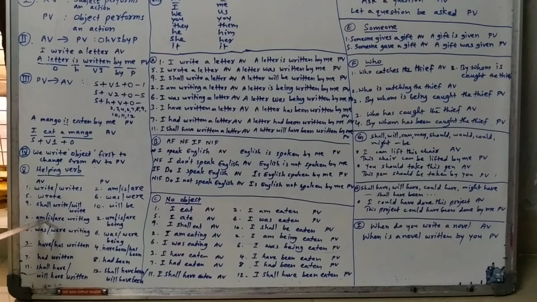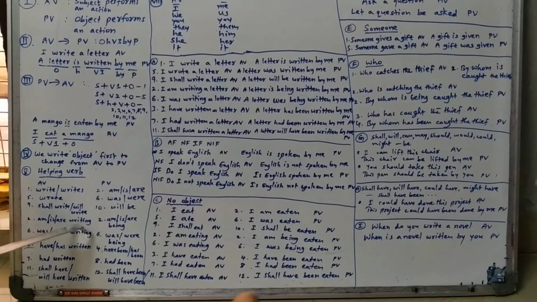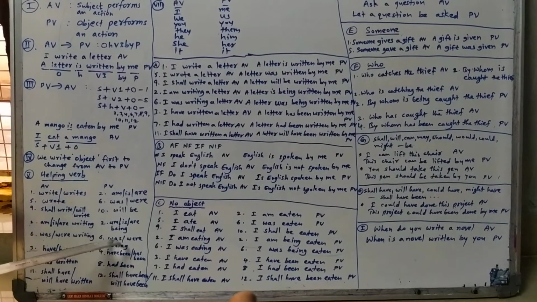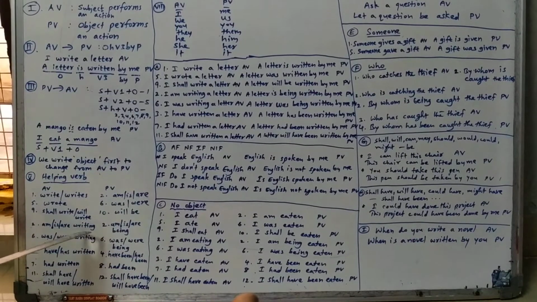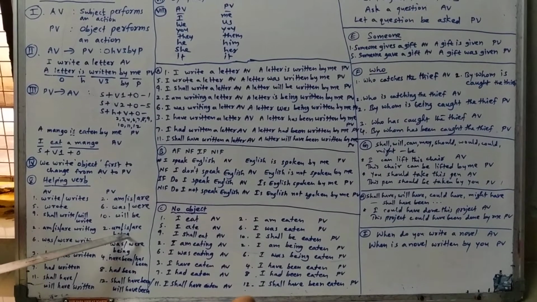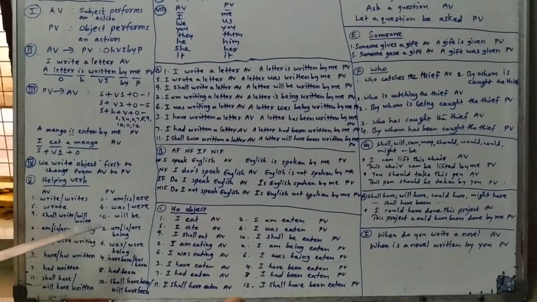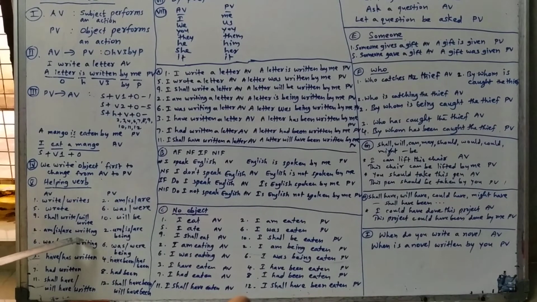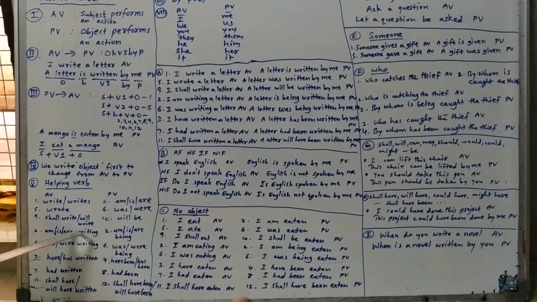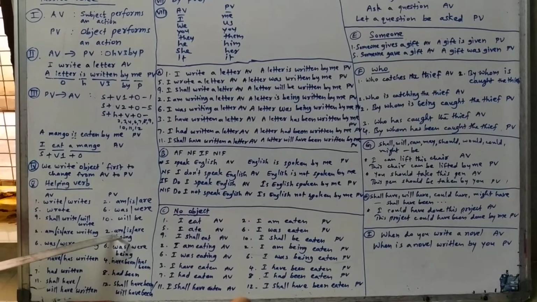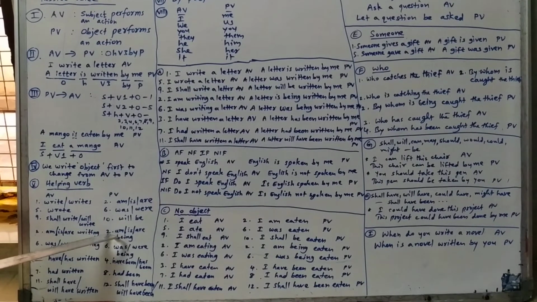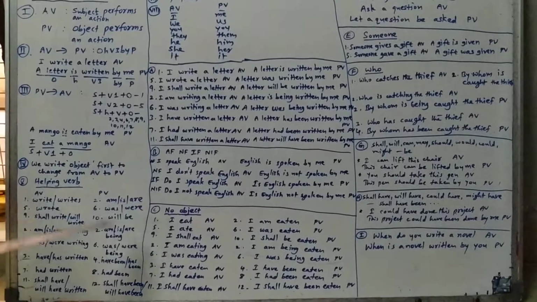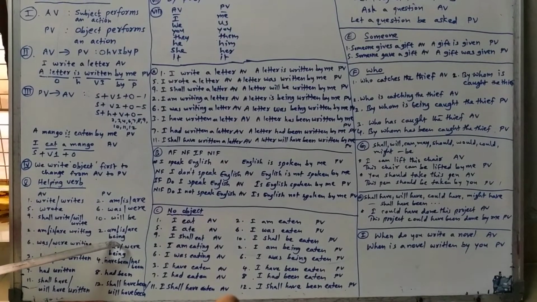Okay, next, present continuous. 2. Am, is, are writing. Am, is, are being. Was, were writing. Past continuous. Was, were being. Here we are using the word being additionally. Why do we write the word being in the passive voice? We have to know that here an action is continuing in the present continuous. In the passive voice we are going to use verb third, so there is a meaning change. That's why, to get the right meaning in the right form, the word being is used.